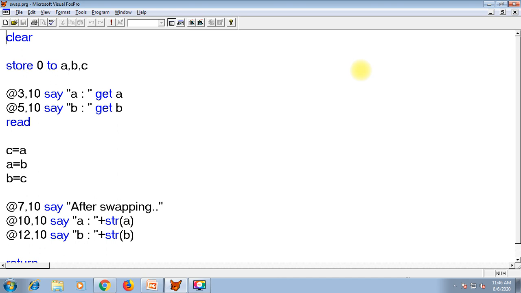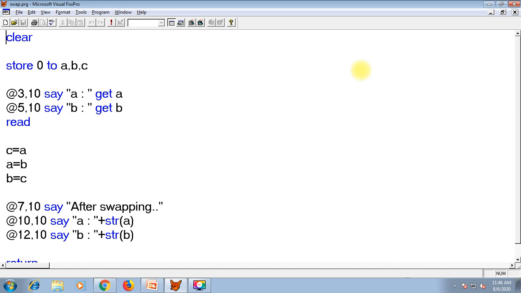Let me explain it again properly. The program is to enter two numeric values and interchange them. For that we shall use a third variable. So in the beginning of the program we need to define three variables, A, B and C. Initially we have stored 0 in all the three variables while defining the variables.